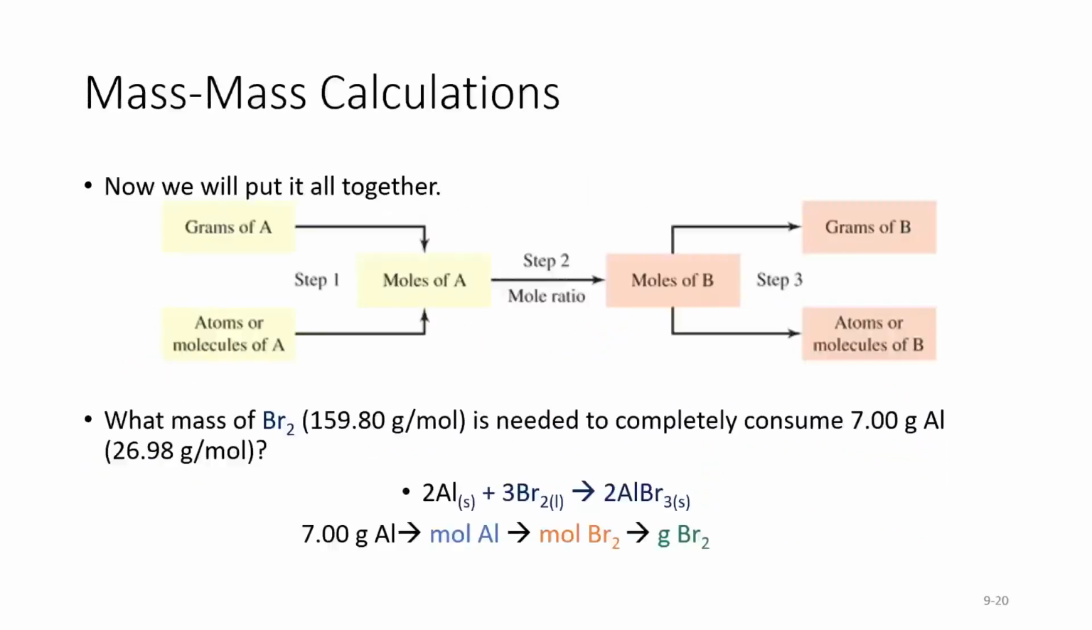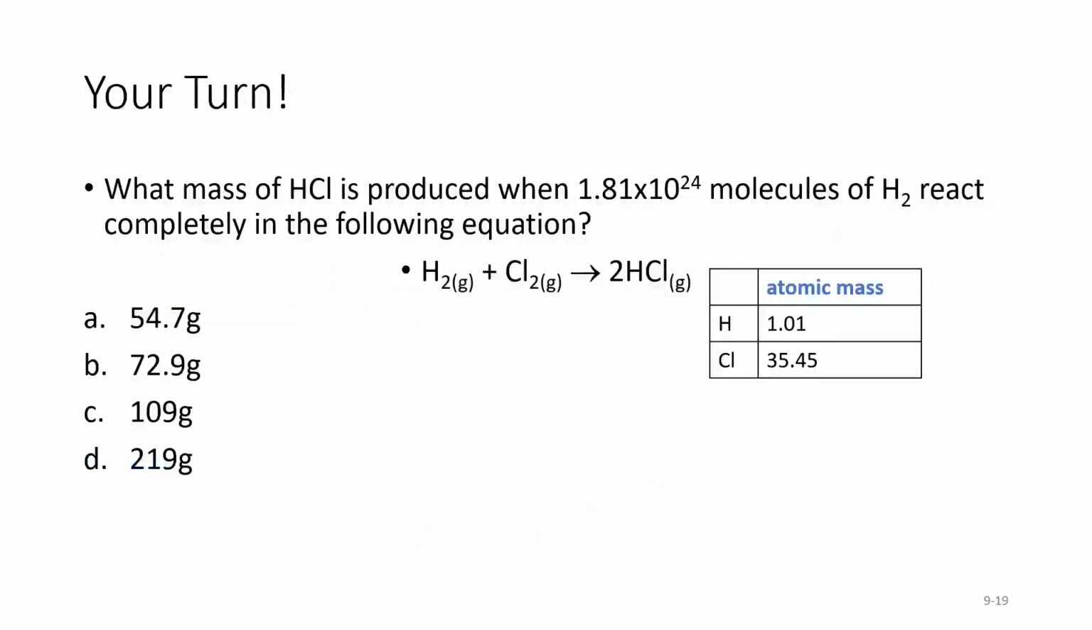Okay, so now we're doing a mass to moles problem. Or sorry, mass to molecules. Molecules to mass. So I want you to pause the video, try to do this. This is going to be a 3-step problem, and then unpause and we'll go through it together. Okay, so what mass of HCl, question mark, grams HCl is produced when 1.81 times 10 to the 24 molecules of H2